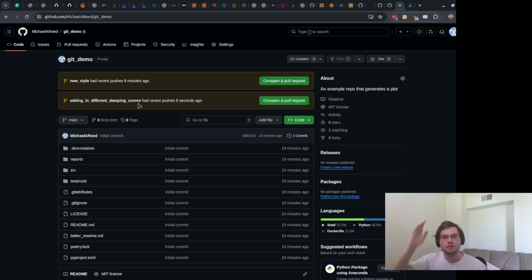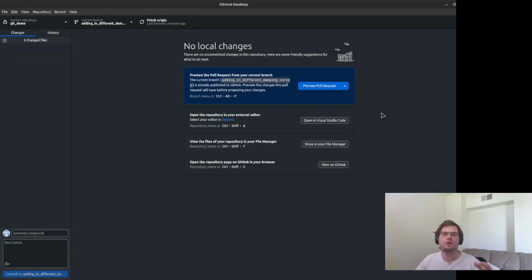And the next question is, how do I take those changes that I've made and bring them back in to the main known working branch of code so that other people will know that this feature is finished, it's working, it's able to be put into new versions of the project. So the term that we're going to use for pulling this change into the main branch, so moving it back in, merging it back in, is a pull request.